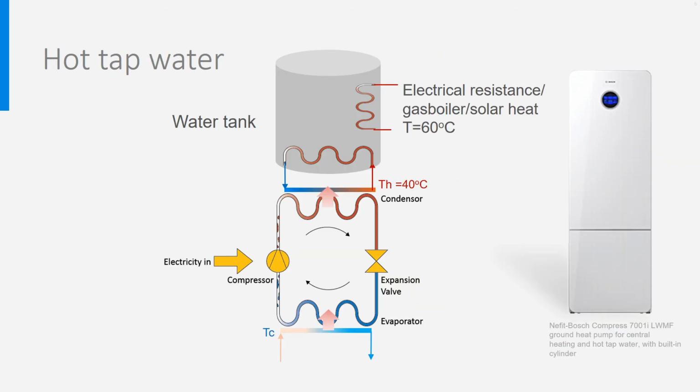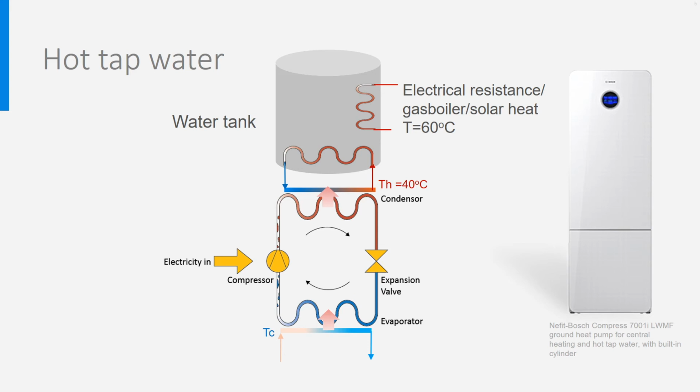Cold tap water has a relatively low temperature, in moderate climates around 9 degrees, much colder in cold climates, and hot water should have a temperature around 50 degrees Celsius, and once a week 60 degrees to eliminate the Legionella bacteria. This may be a problem for heat pumps, as we just have seen that they prefer low temperature differences. If the heat pump has to bridge a temperature difference from 9 to 60, its COP will not be much